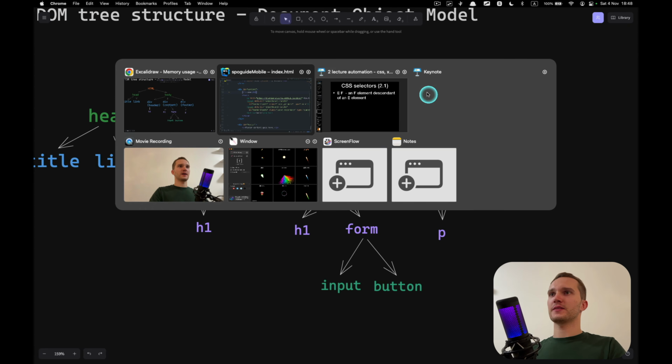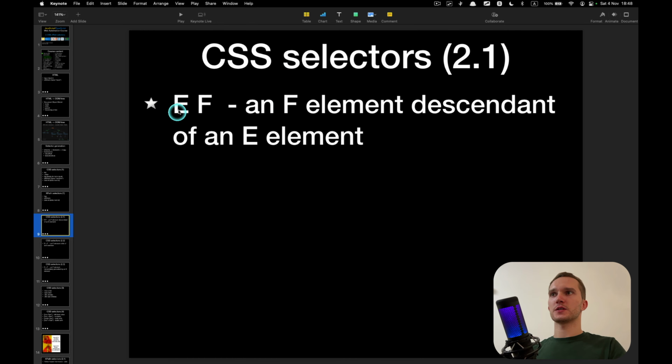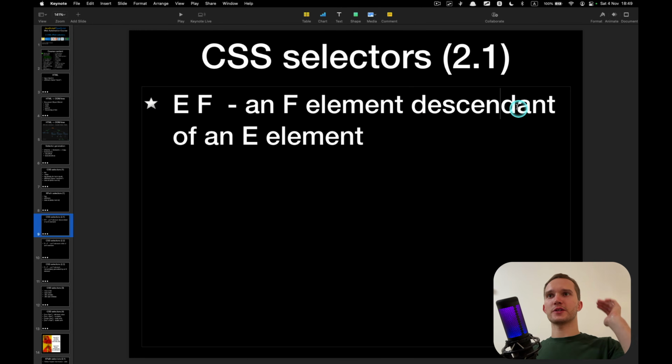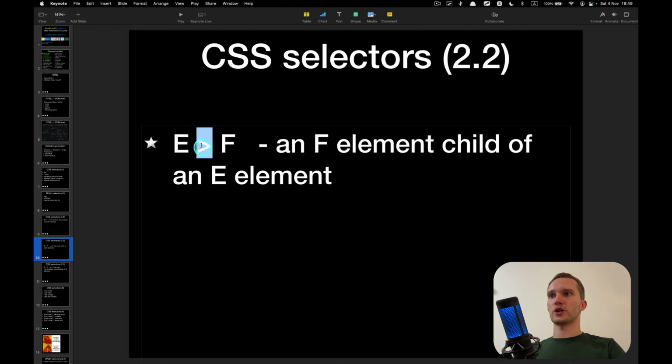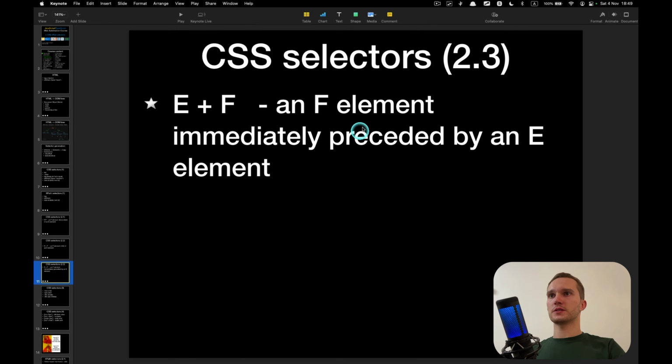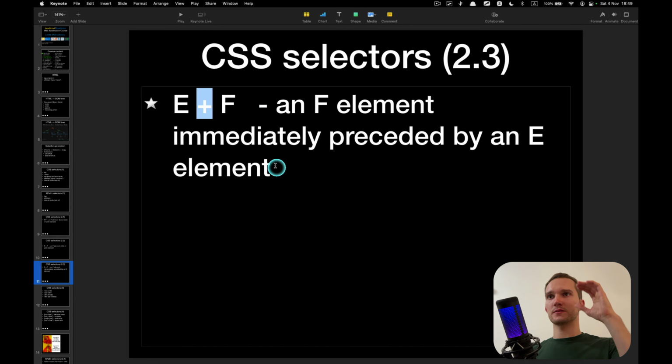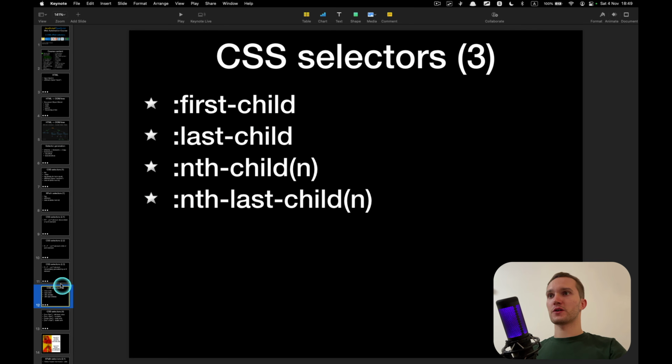Okay, and I put it all into slides. So E F, like element and second element: F element, descendant of an E element. Descendant is like a child and grandchild and all the way down the tree. Then the second type is direct child of an element, and the third type is immediately preceded by an E element, meaning the next closest sibling, brother or sister.